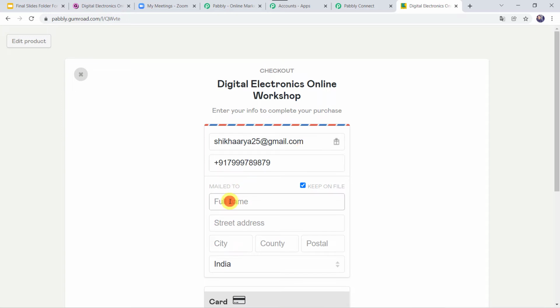Let's give the full name as Shikha Arya, street address as E4 234 Rera Colony, city as Bhopal, country as India. I'll add the postal code over here, country India.